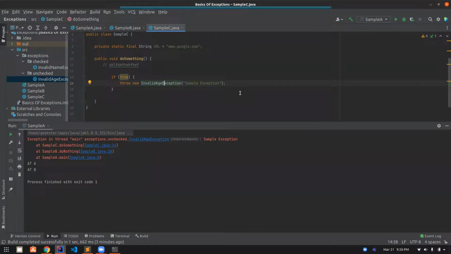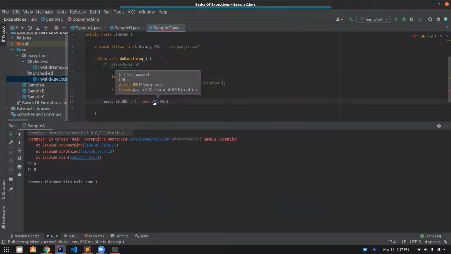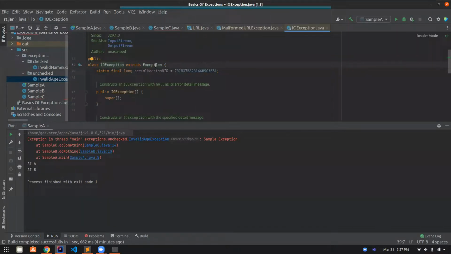Okay, so let me explain to you under what scenarios you would be using what type of exception. Basically, if something is extremely critical, for example, let's bring in the URL class again. You see here that this is throwing an exception. The reason why the compiler is giving an error here is because it throws this malformed URL exception, and it is an IO exception,